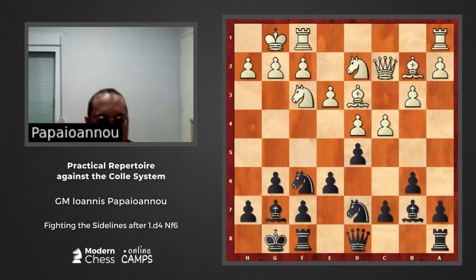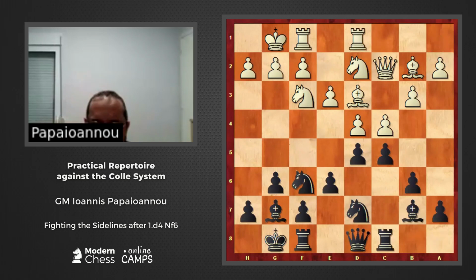How do we punish non-standard moves? Who will explain to us, please? Do we do something magical? How do we punish non-standard moves? By playing standard moves, by playing typical moves, unless his non-standard move is a blunder that is losing material. So by playing standard moves and nothing magical, the non-standard move by itself will appear weak. So this move was played, rook c8, and